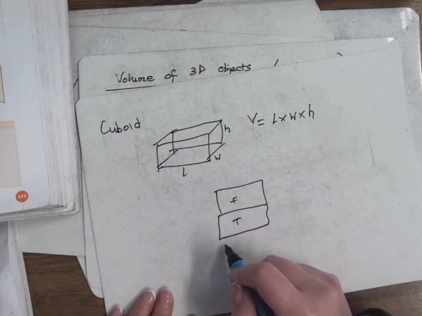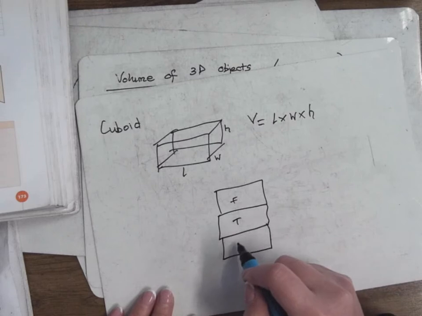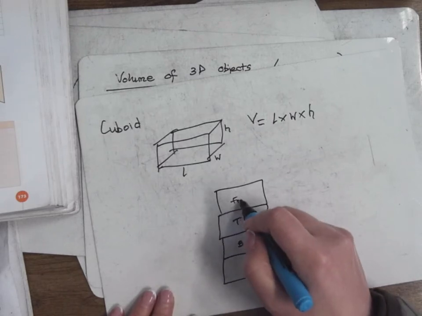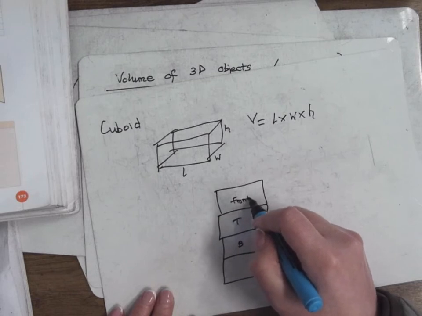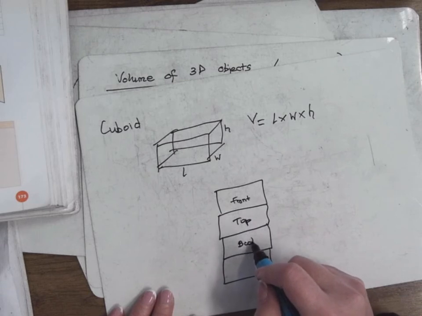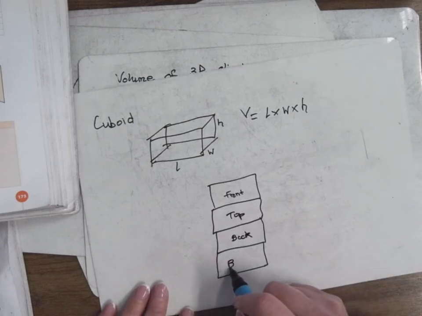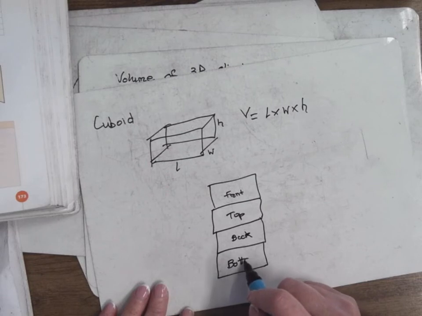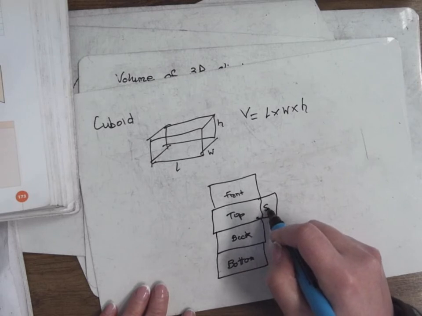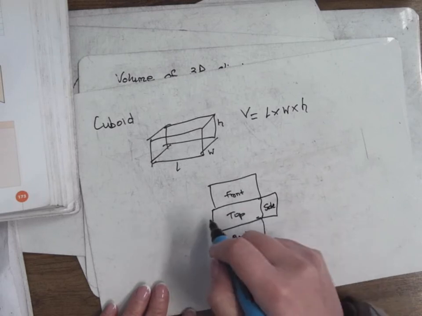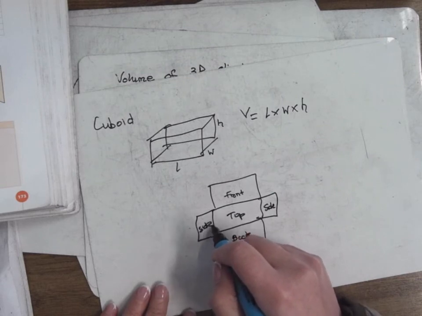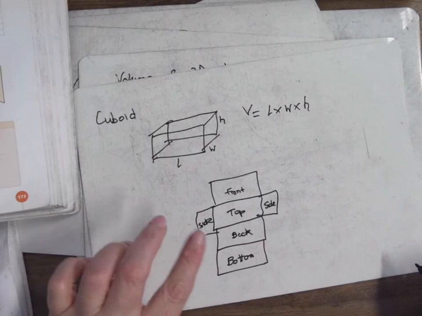there'd be the top, there'd be the back, then there'd be the front, top, back, bottom, and then we would have a side and another side. Is that okay? So then you get the area of